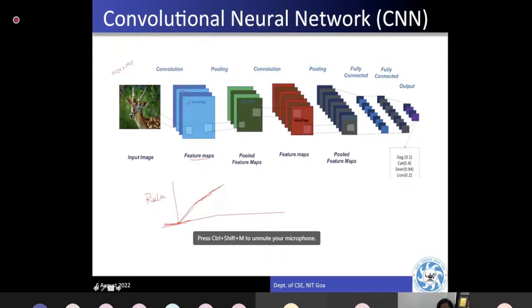Which is to reduce the data size in the pooling stage. And you can repeatedly do the steps: convolution, again pooling, convolution, again pooling, and so on. Up to these steps it is called the training, right? You are doing all of this from the training or feature extraction point of view.